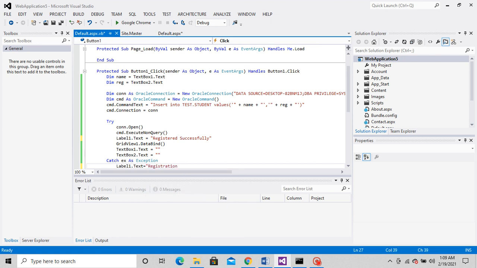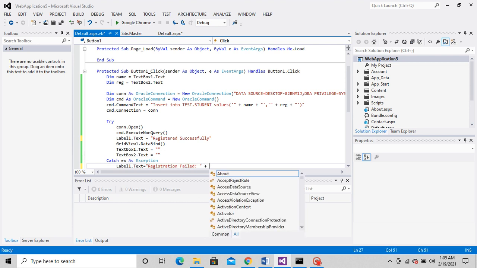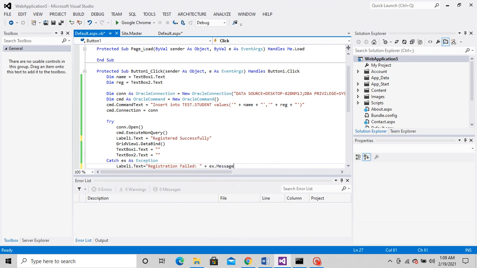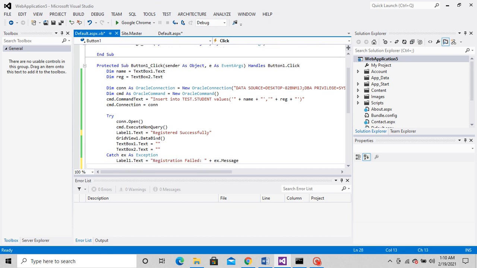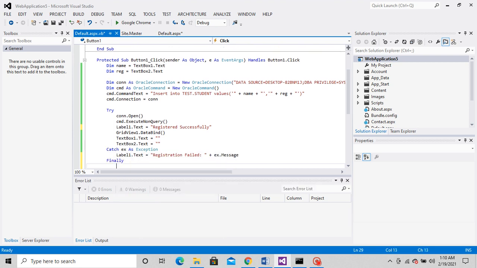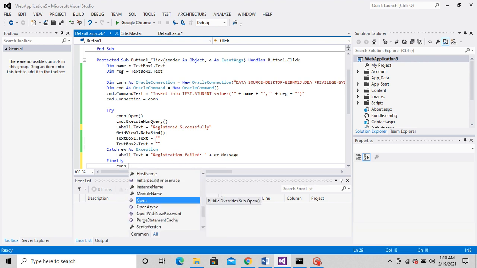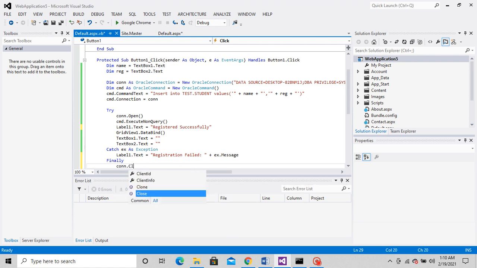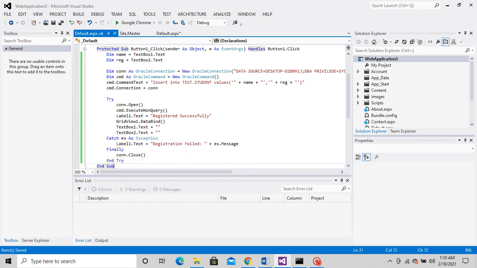So in case it is inserting successfully, I'll just print registered successfully there. In case the registration failed, that is, if the insertion failed, I'll display it in the label and also display the exception. Then I wrote the finally block. Finally will always be executed, irrespective of whether an exception was there or not.